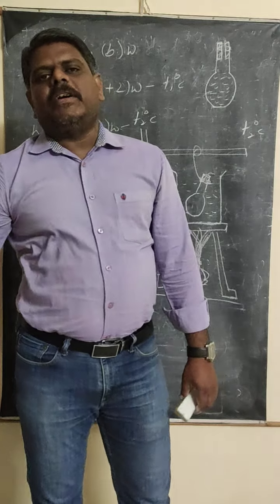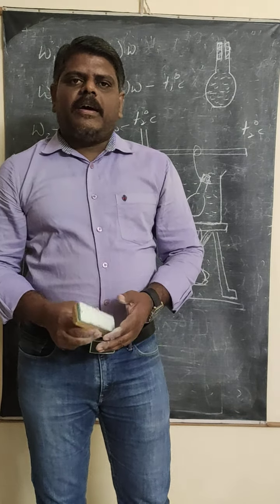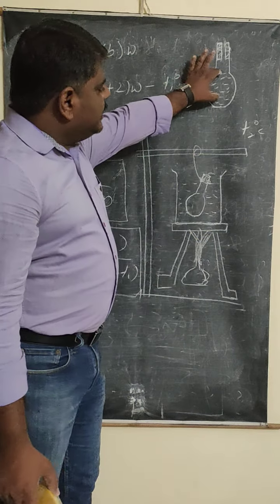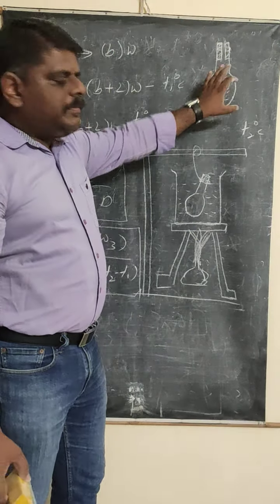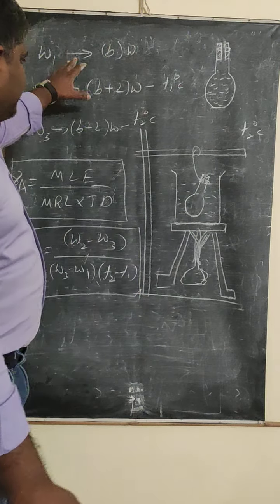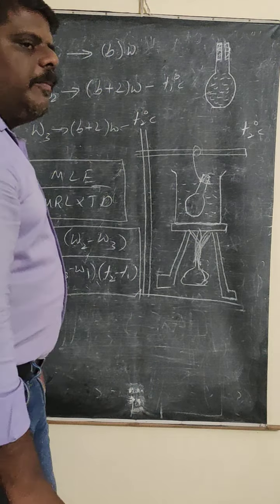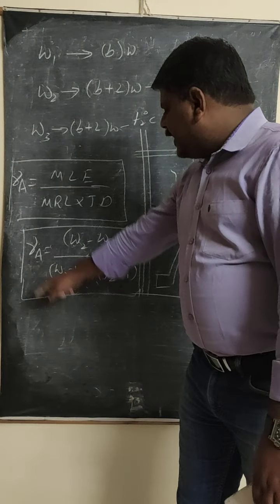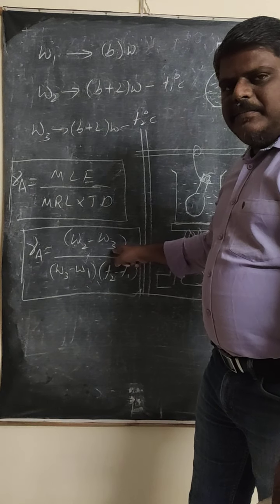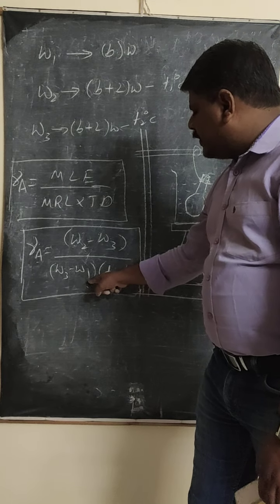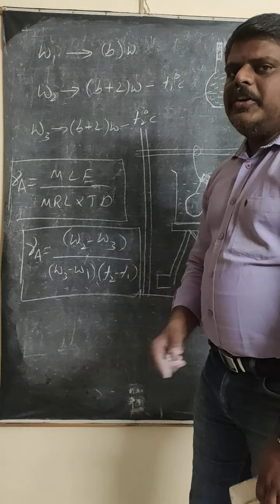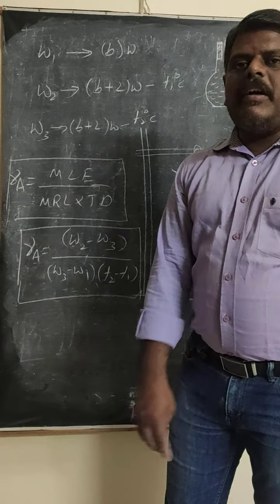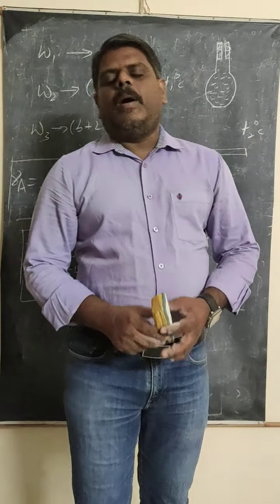So this is the process you have to follow. For example, if you want to find the coefficient of apparent expansion of kerosene, then the specific gravity bottle is filled with kerosene, and you do the experiment, find the three weights, and substitute in this formula. You are going to get the answer. How could you write it in terms of masses? Gamma A is equal to M2 minus M3 divided by M3 minus M1 into T2 minus T1. Either you can use the masses or you can use the weights itself. So this is called the specific gravity bottle method to determine the coefficient of apparent expansion.